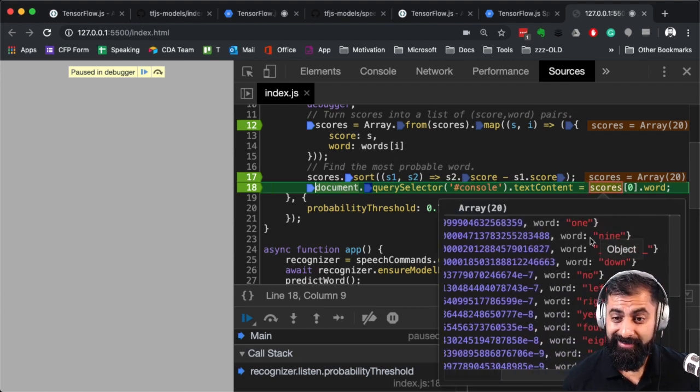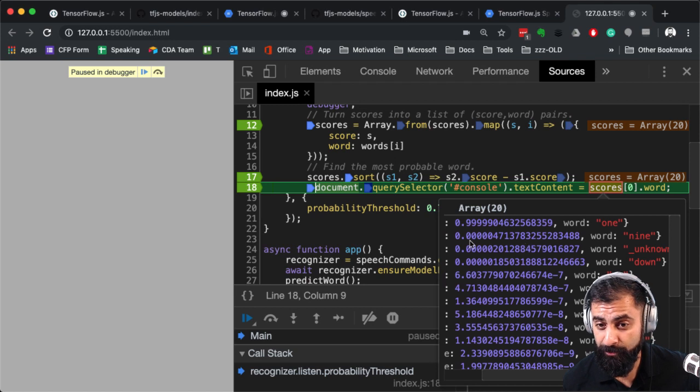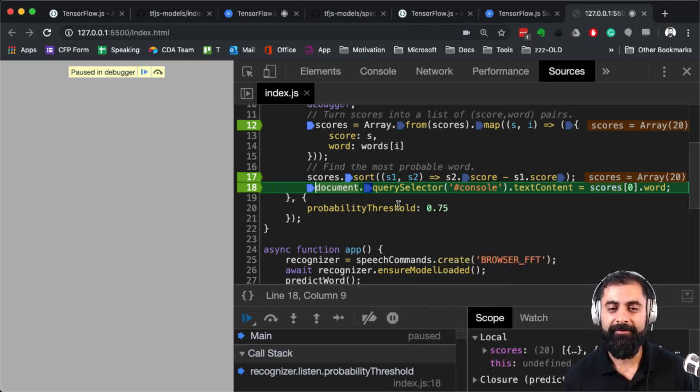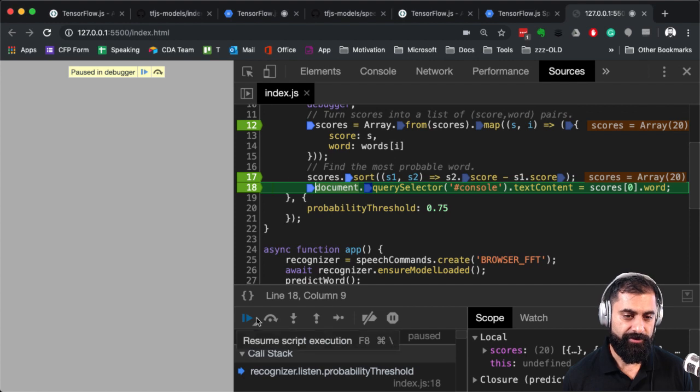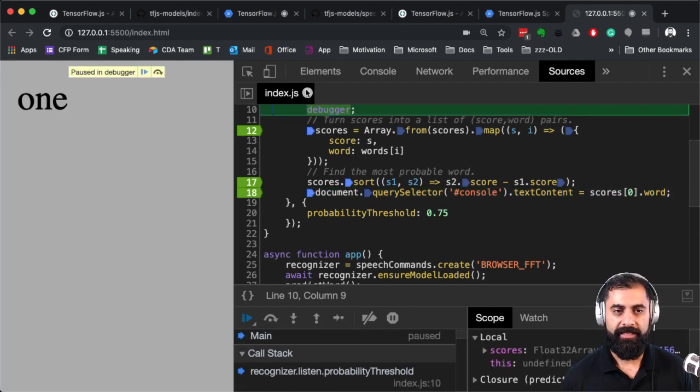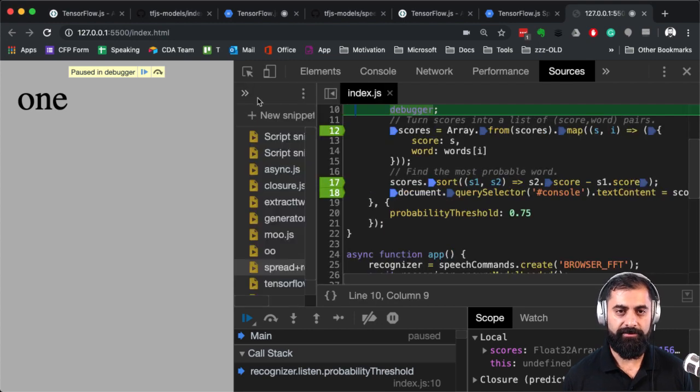So 1. You can see it also thought there was a 0.0000005% chance I said 9, right? So it still told me that, and then it's going to print that on the screen. I think there you go, 1. It's probably going to do that again. Okay, that's how that works. Excellent.